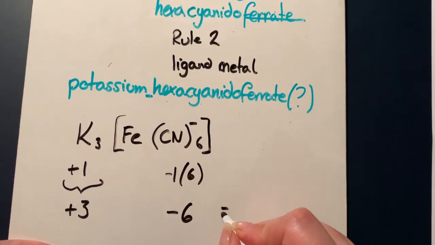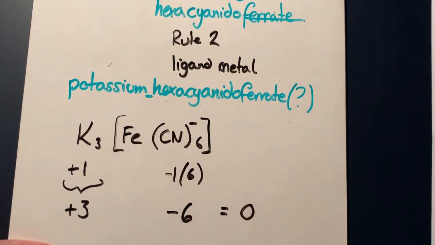And the whole lot is going to equal 0. And the only way that this is possible, with our charge on the Fe thrown in, is if that Fe has a charge of +3,